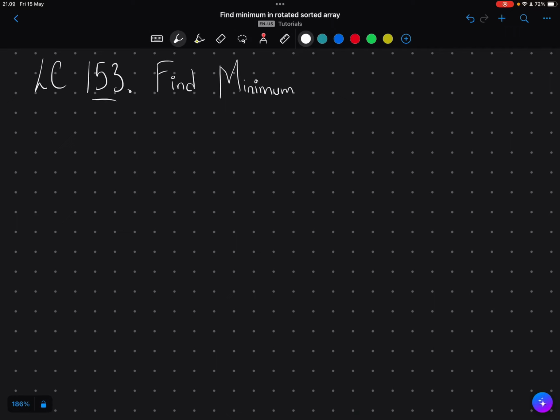Guys, today we'll be solving LeetCode number 153, find minimum in rotated sorted array. It is a medium difficulty question on LeetCode, but it is also the daily problem for today. Now, the question statement itself is a bit misleading in the sense that, they are correct in the fact that